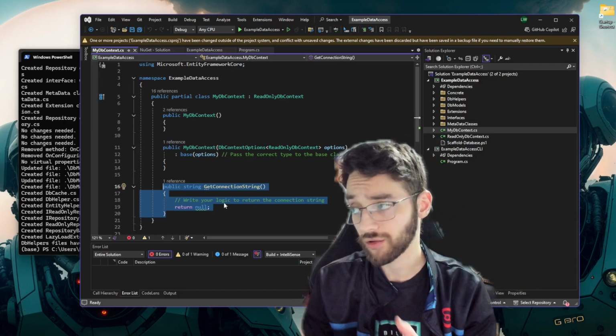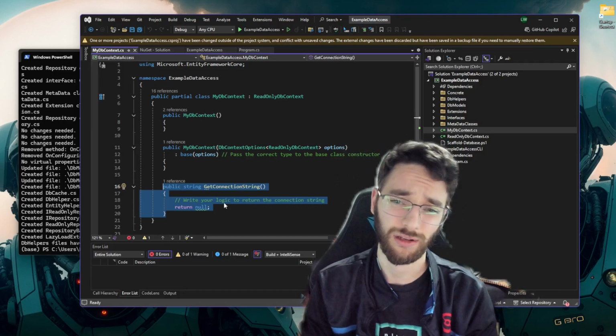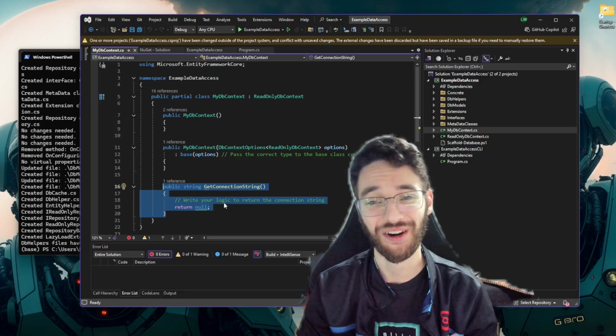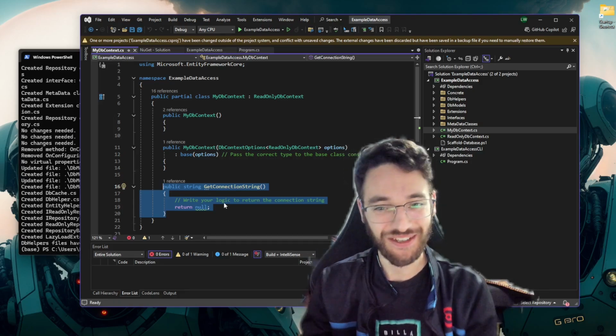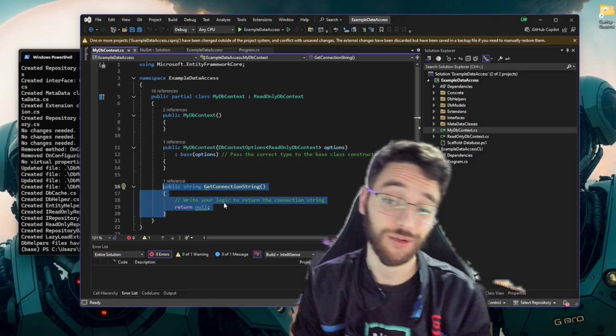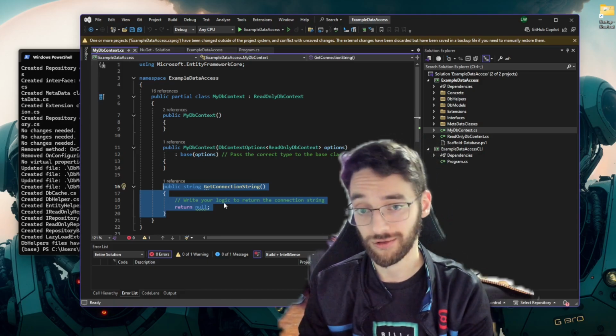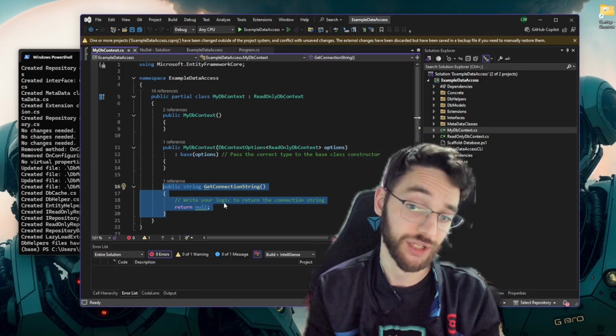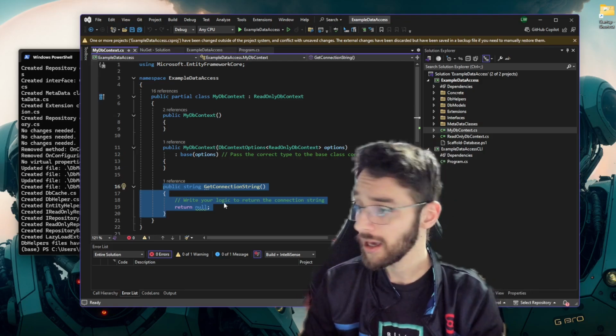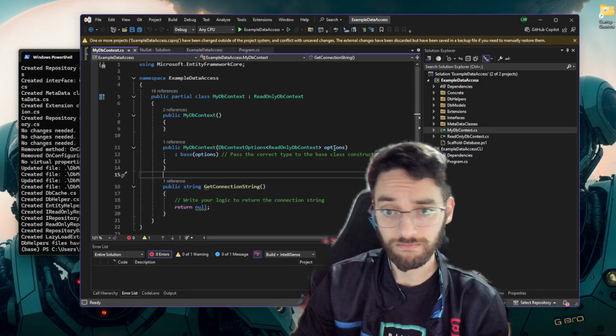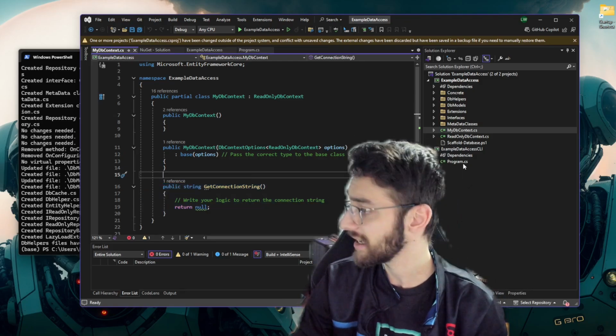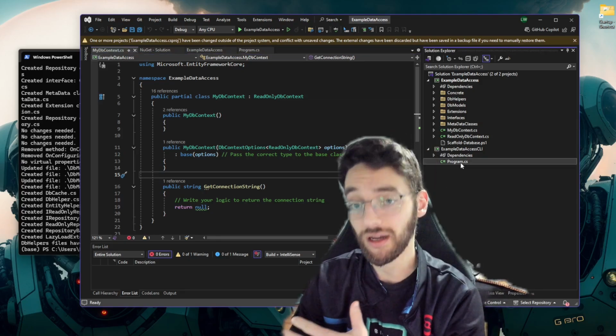So whether it's through an environment variable or Azure's Key Vault, I don't care, it's up to you. But obviously it doesn't know that, nor does it use the connection string used to scaffold. So I didn't want to do that because that's up to you and how you want to code it. But once you set that up, just like how MagicEF is supposed to work, now that this is done,